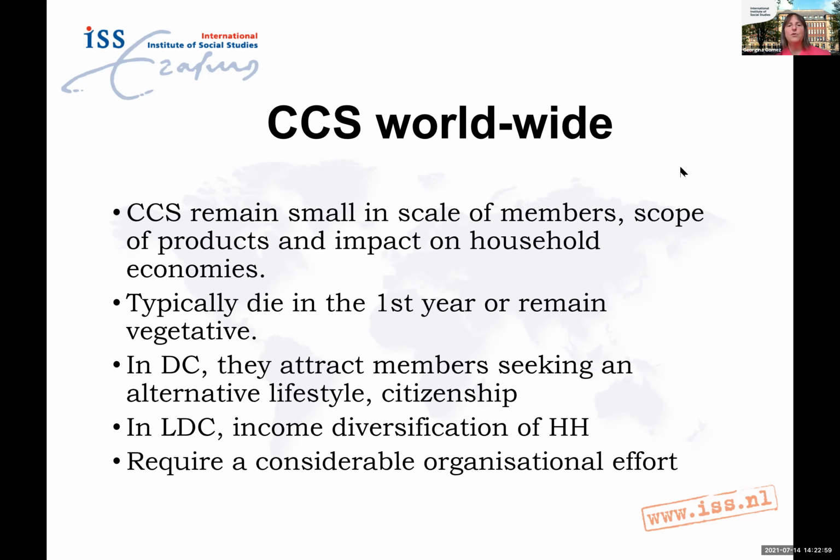As they are a small idea, sometimes the organizers think that they are going to grow enormously. And what happens is that enthusiasm tends to dwindle, and many of them die in the first year. The cases I'm going to refer to, all of them have been quite successful and have passed that threshold. In developed countries, you usually find mostly people that want to question the unsustainable lifestyle, and all this consumerism, and they want to reconnect with their community.